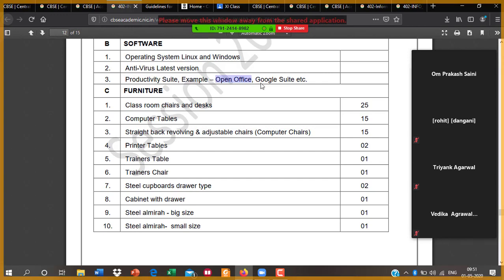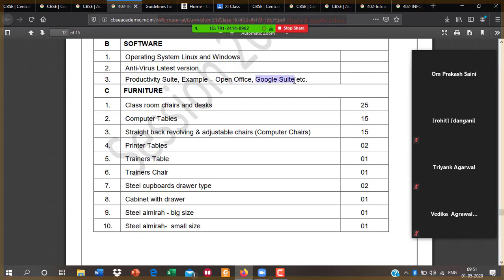I will share a video on some office examples, how you can download and install Office, and how you can use Google Suite. CBSE shows these applications in the curriculum because OpenOffice is an offline application, and Google Suite is an example of an online application.